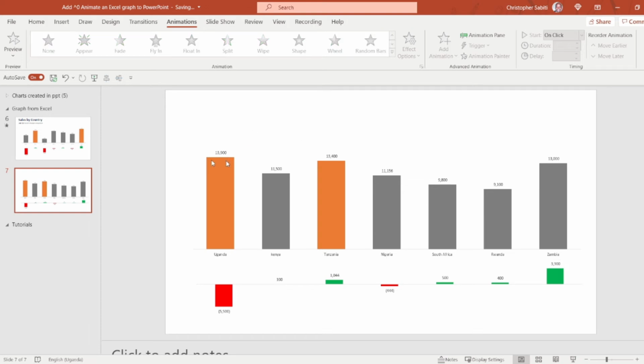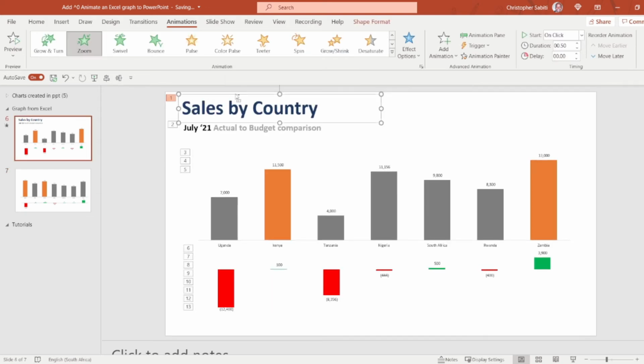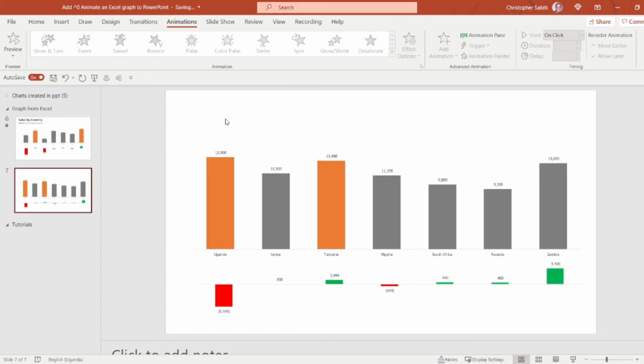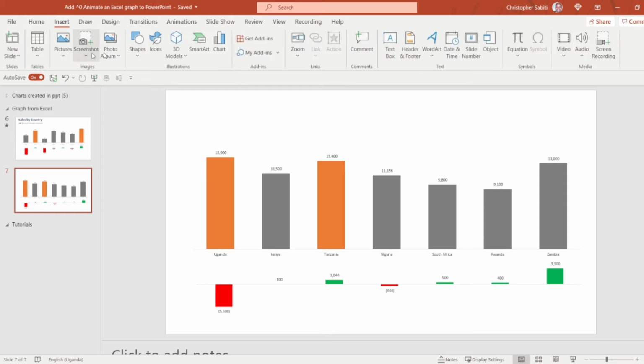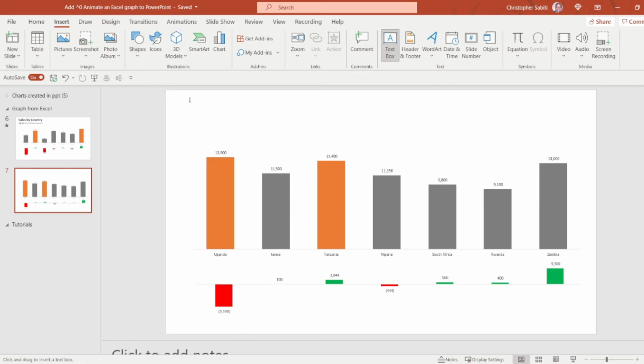So I'm going to copy the header from here. We are all aware of how you can create a header in PowerPoint. First of all, before I paste the header from the other slide we have, just come to insert, to shapes, and insert the header. This is it.